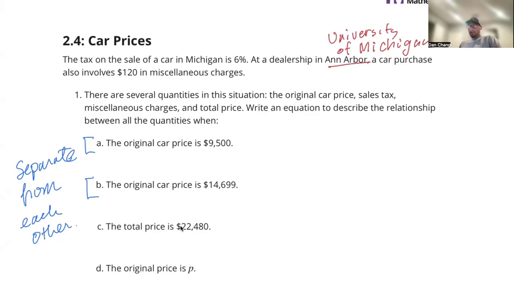At a dealership in Ann Arbor, a car purchase also involves $120 of miscellaneous charges. There are several quantities in this situation: the original car price, sales tax, miscellaneous charges, the total price. Write an equation to describe each relationship between all the quantities when: